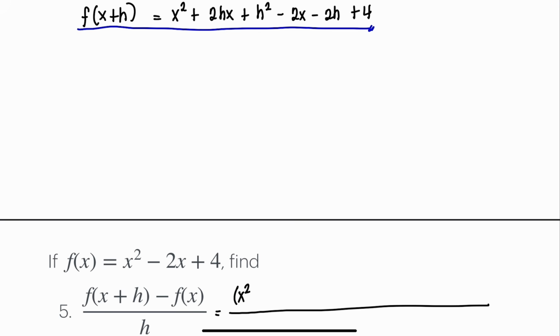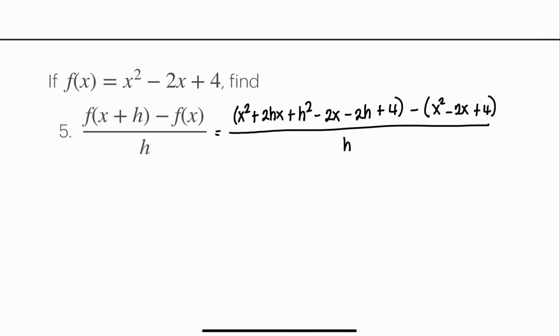So x squared plus 2hx plus h squared minus 2x minus 2h plus 4 minus the value, or our f of x is just this given right here, so we're simply going to copy that also, x squared minus 2x plus 4